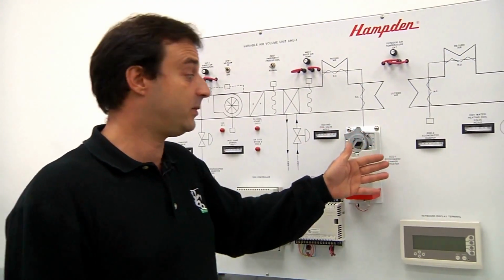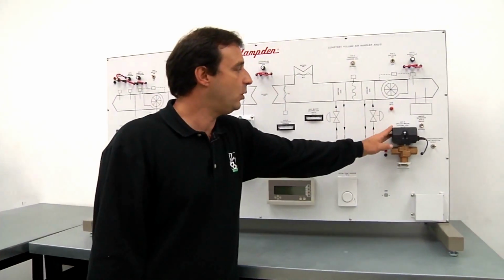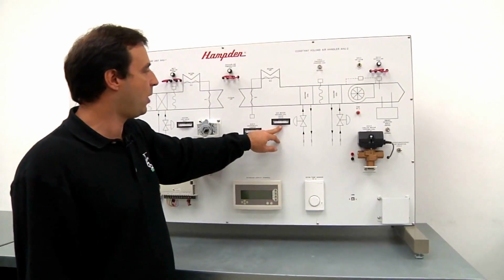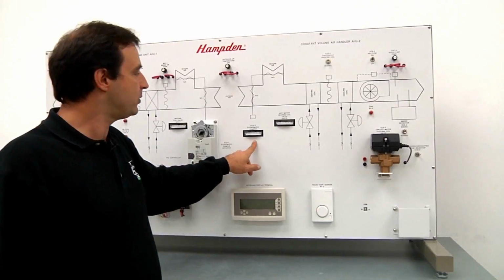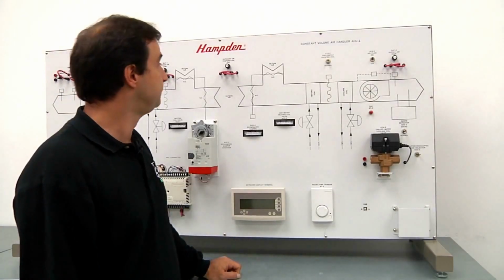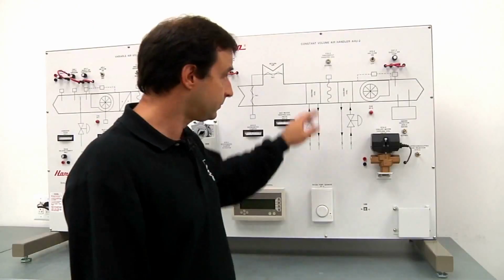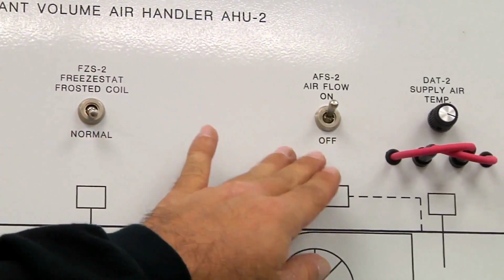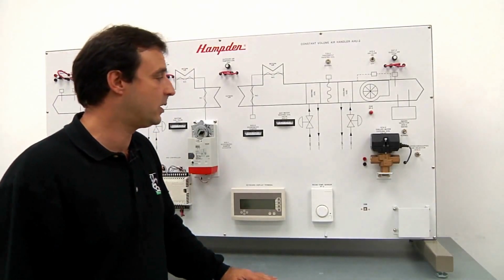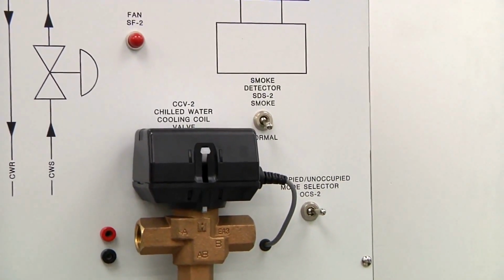In our constant volume system, we have a room temperature sensor, we have a cooling coil or a cooling valve, we have a gauge for our hot water heating valve, and also a percentage of our economizer damper to see how far that has opened. Again, we have several dials, including a supply air temperature, freestat and airflow switch, along with a smoke detector switch